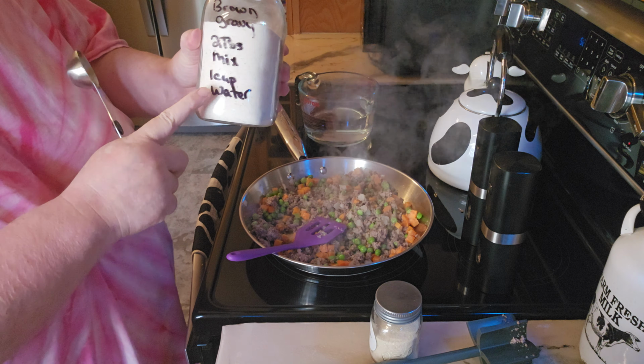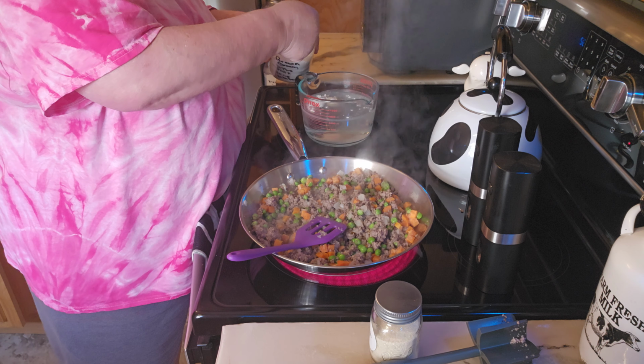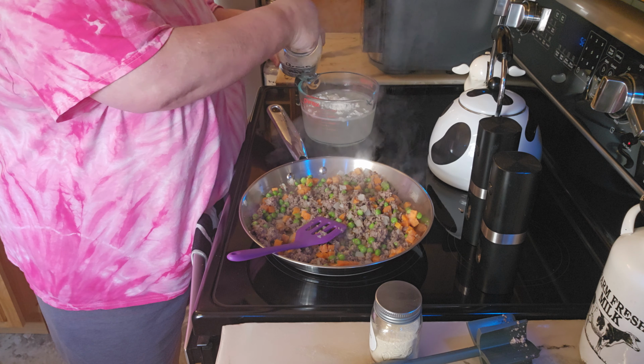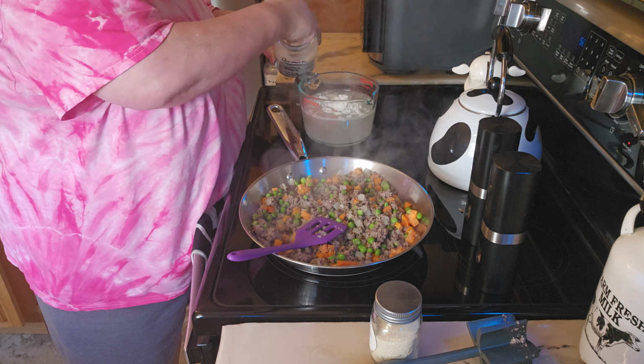tablespoons of mix to 1 cup of water. I have 3 cups of water here because this is what's going to be left over from dinner tonight. We'll put in one of those meals to make that for Mark's lunches. So that's for 1 cup of water. That's going to be for 2 cups of water, and this is going to be for the 3rd cup of